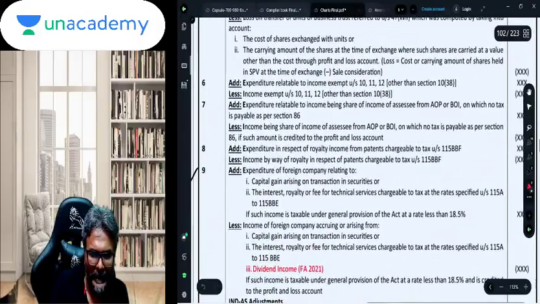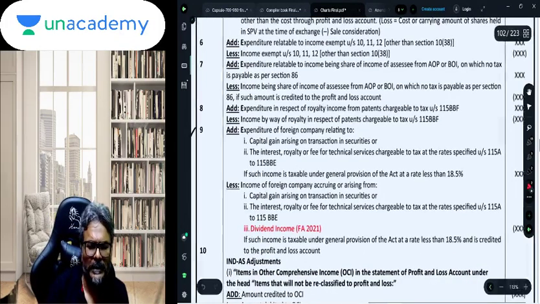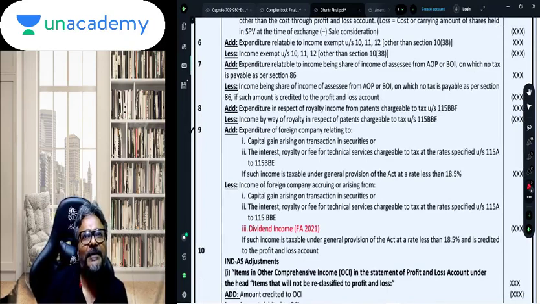See point number 9. Now what point number 9 says over here in this context? As far as point number 9 is concerned, what they are trying to suggest is only this, that all these